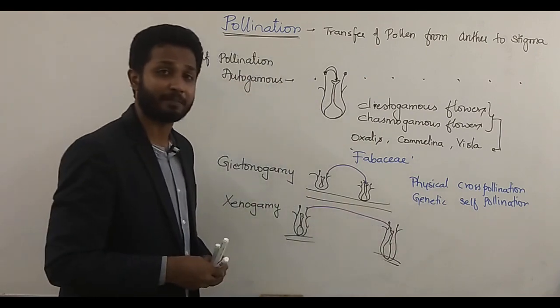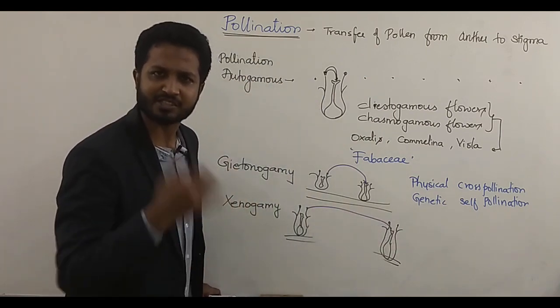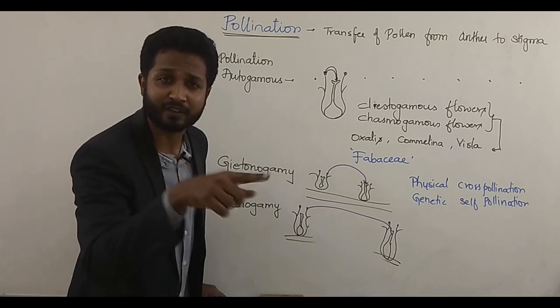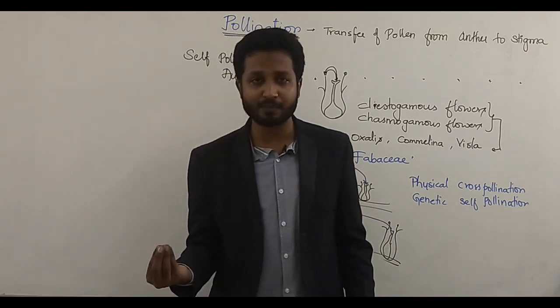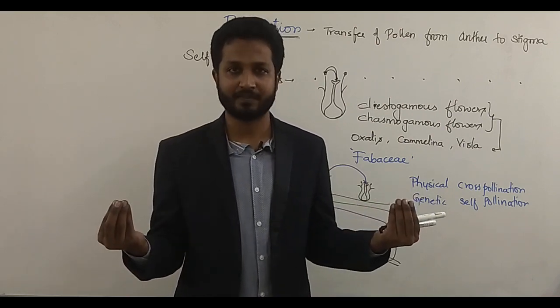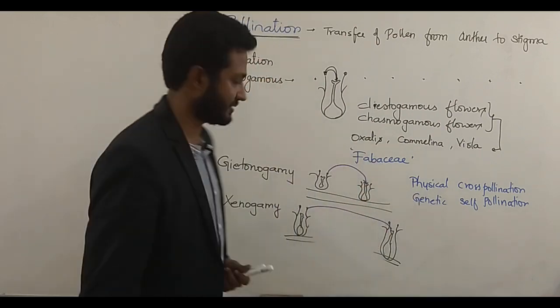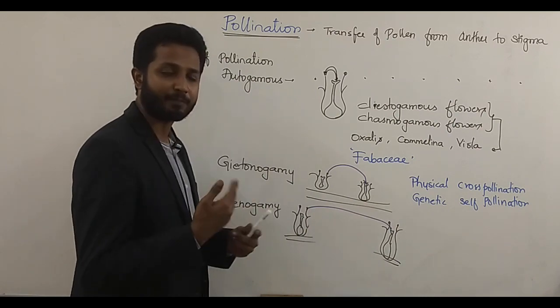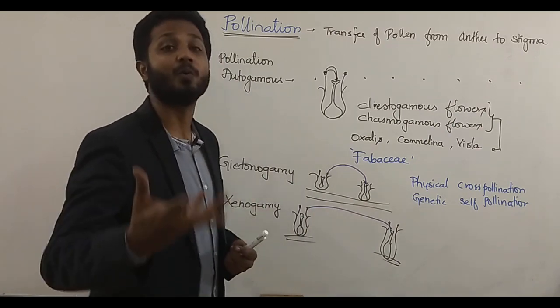Of different plants. It can be of the same genus, same species, but they are two different plants. One plant is at this point and another plant is at this point. So they are completely different. In the majority of cases, this particular type of pollination will bring about new varieties.